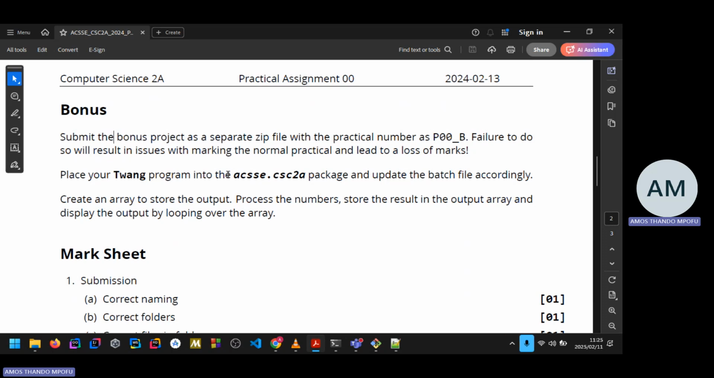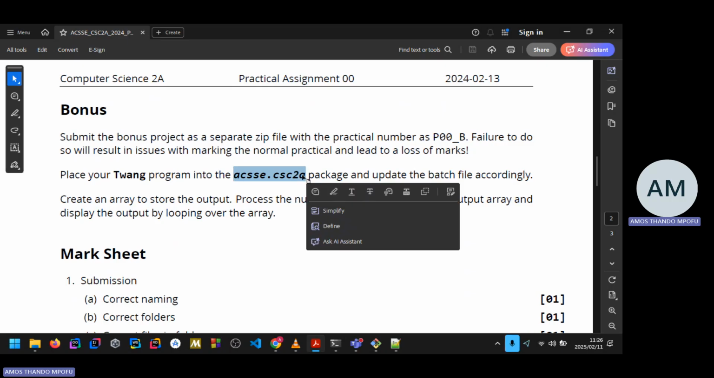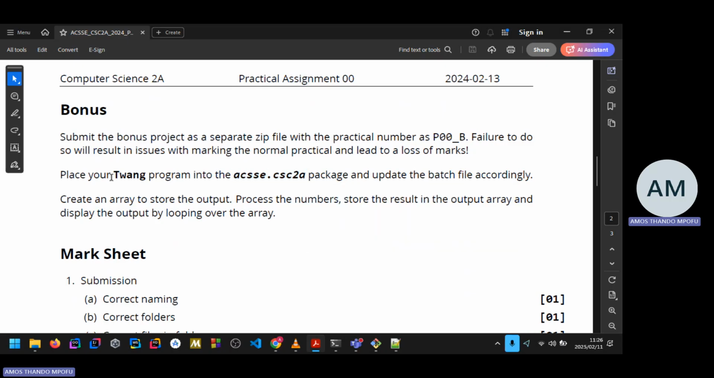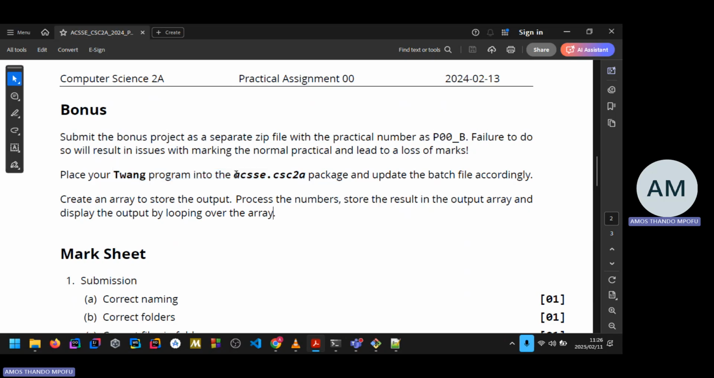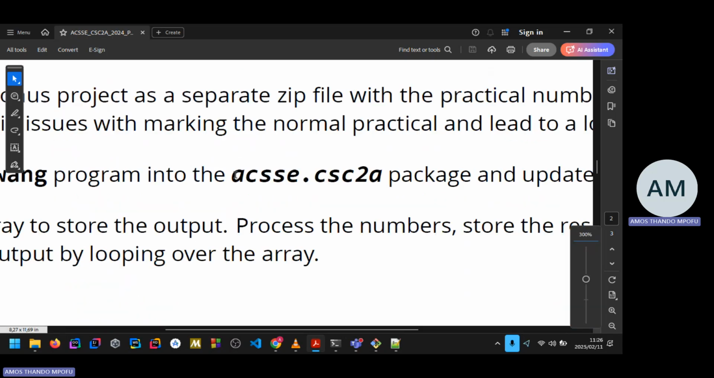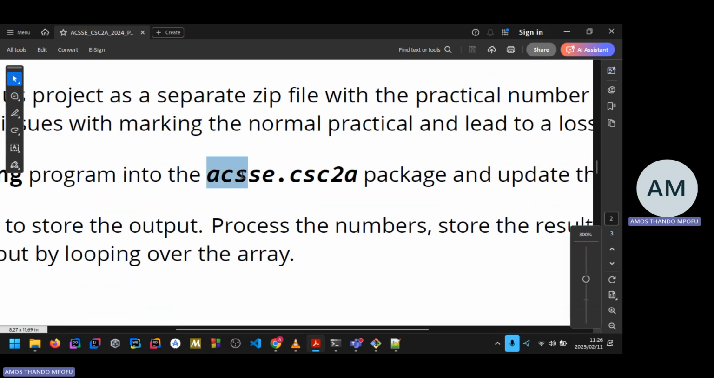Excluding the bonus, you can still work, but either way, it's one and the same thing. So I'm gonna do the bonus. They say that you should place your Twang program or class in the CSC2A package. So remember when we talked about packages, I don't know if I did mention it, but whenever you